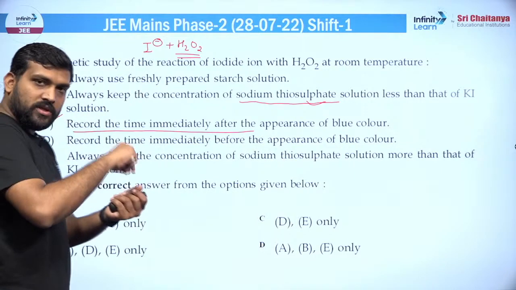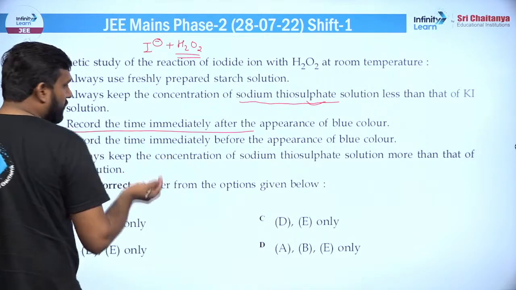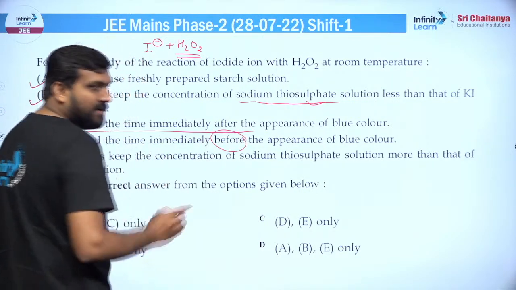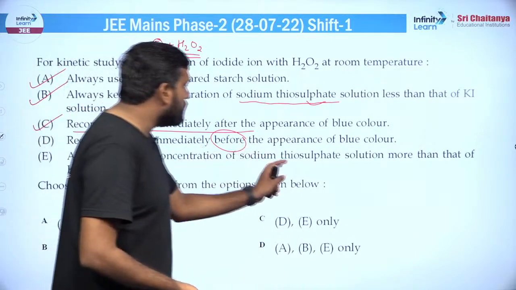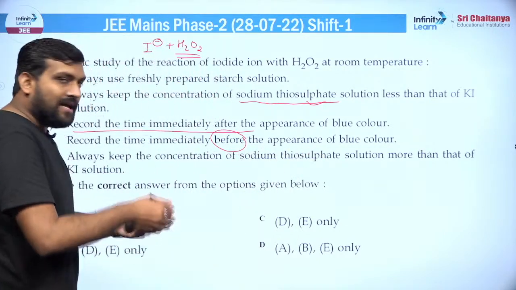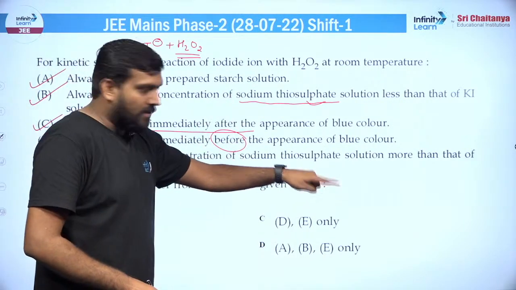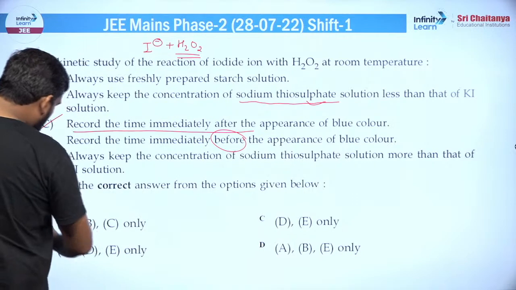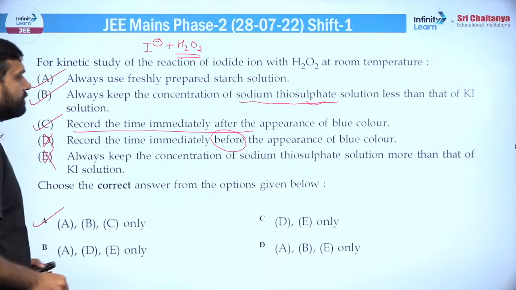रिकॉर्ड द टाइम इमीडिएटली आफ्टर द अपीयरेंस, बिल्कुल, जैसे ही ब्लू कलर अपीयर होता है तुरंत उसके बाद टाइम नोट करना है, उससे पहले तो नहीं कर सकते, तो ये स्टेटमेंट डी तो ऐसी गलत हो गया, बिफोर, उससे पहले कैसे कर लोगे, पता ही नहीं होगा ना। फिर ऑलवेज कीप द कंसंट्रेशन ऑफ सोडियम थायोसल्फेट सोल्यूशन, नहीं ज्यादा रखोगे तो प्रॉब्लम है, ज्यादा रखोगे रीडिंग सही नहीं आएगी, जब आप टाइट्रेट करोगे, तो जो करेक्ट आंसर होगा वो A-B-C हो जाएगा, ये दोनों स्टेटमेंट गलत हैं, D और E, ठीक है।